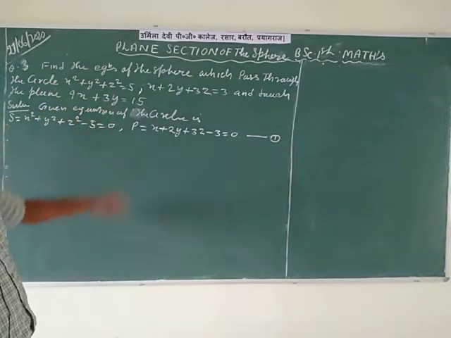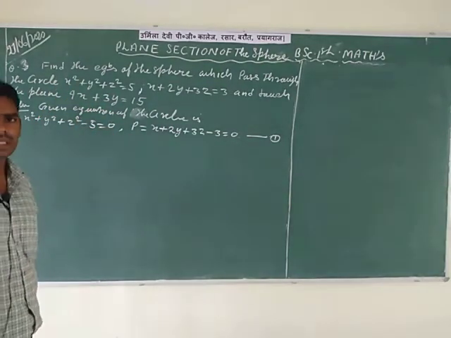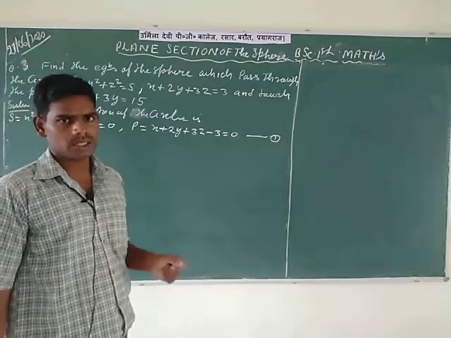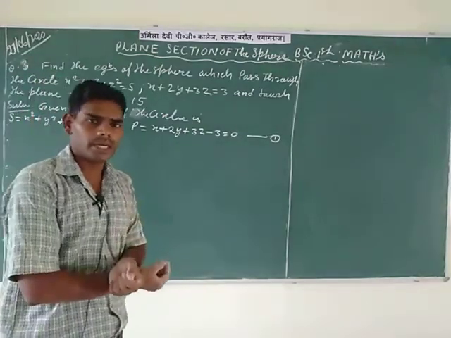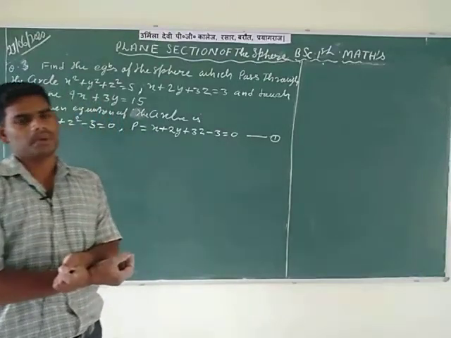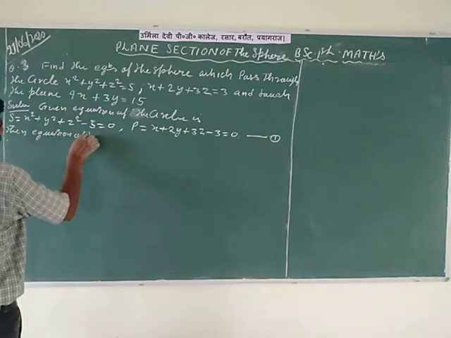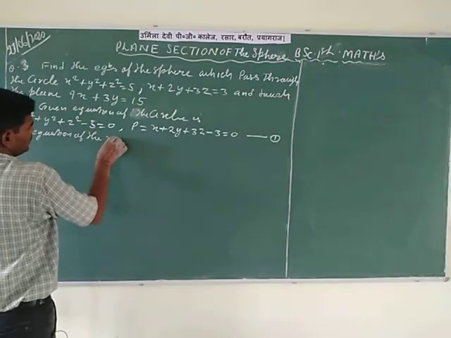According to the question, find the equation of the sphere passing through this circle, meaning passing through these two equations. If you want to write an equation which passes through two given equations, then write the combined form of the given two equations. So applying this method for finding the required sphere, the equation of the required sphere